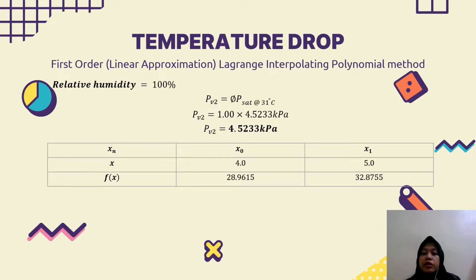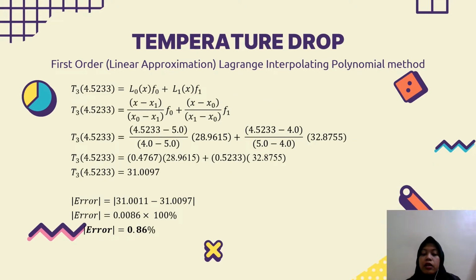We use linear approximation approach to calculate the value of temperature drop at relative humidity at 100%. Then we need to multiply the value of 1.00 times 4.5233 kilopascal to obtain the value of saturated pressure, which we get 4.5233 kilopascal. Then we use the value between 4.0 to 5.0. Then we use the formula of linear approximation Lagrange interpolating polynomial method to calculate the value of T3, and we get the value of temperature, which is